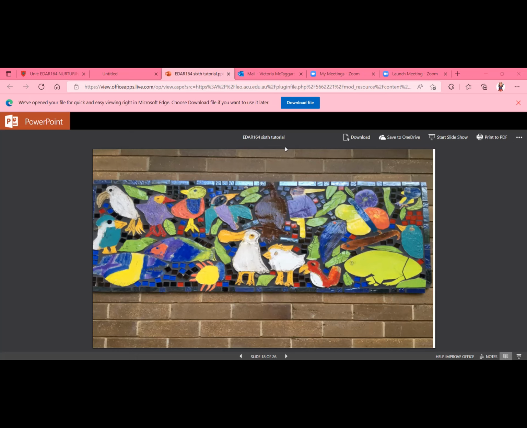You can access ACU kilns in whatever state you are in. You just have to ask for permission to get the dried clay fired. But you can use acrylic paint, so mural paint. You could use glazes like this and then get them fired again, so that it comes up pretty brilliantly. And it's a resource that